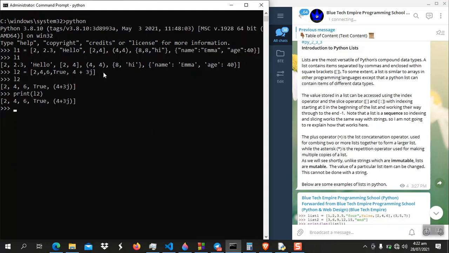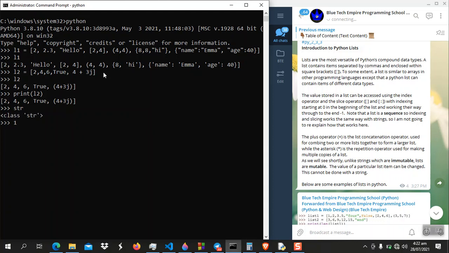Like we said, lists are similar to strings because we can also use the index operator with them, the repetition operator, and the slice operator. You can check out the video on strings to see how we did it. If you already know how to operate strings, then you're almost three quarters of the way there with lists. The only difference you need to know is that you can't replace the index of a string. For example, if you have